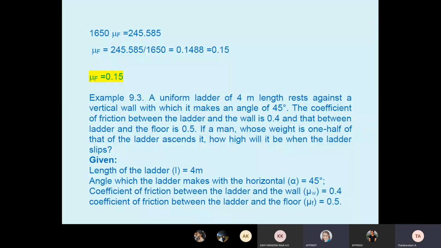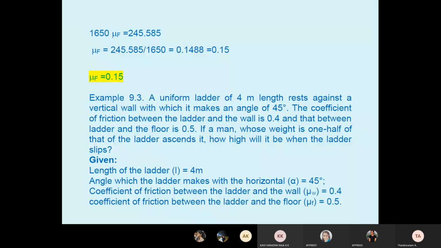Okay. So the length of the ladder is given, students, 4 meters. The ladder rests against a vertical wall with which it makes an angle of 45 degrees. Previously we took the angle with the horizontal, but here the angle theta with the vertical is 45 degrees. So the coefficient of friction between